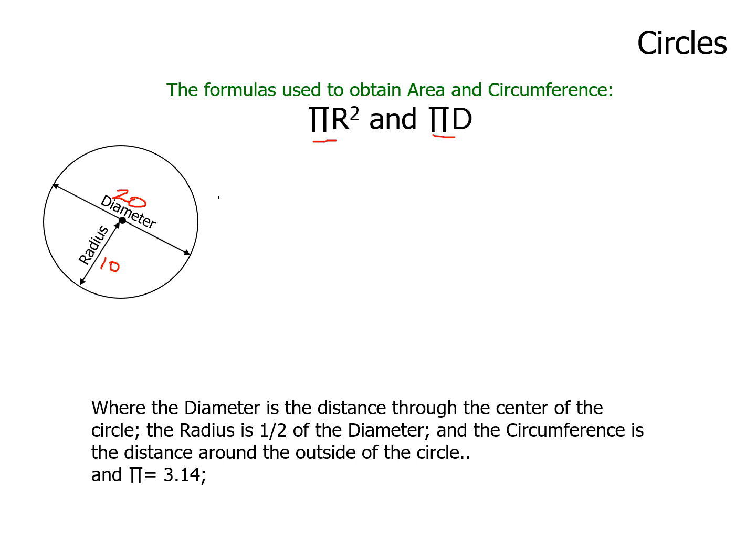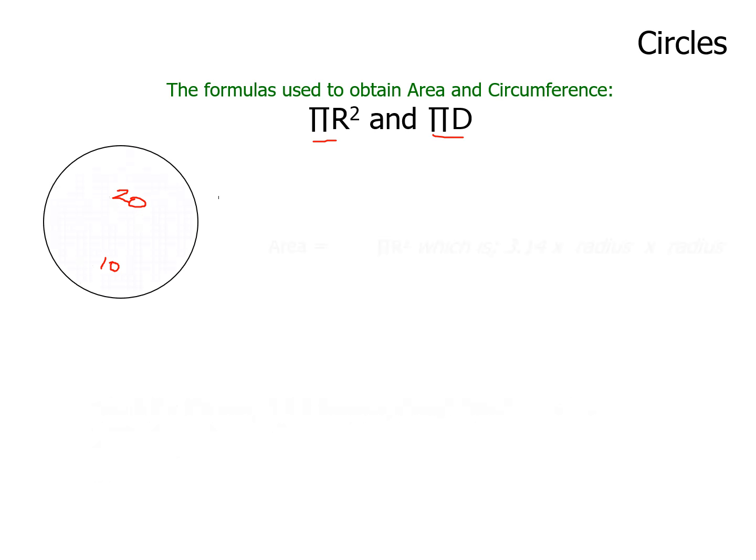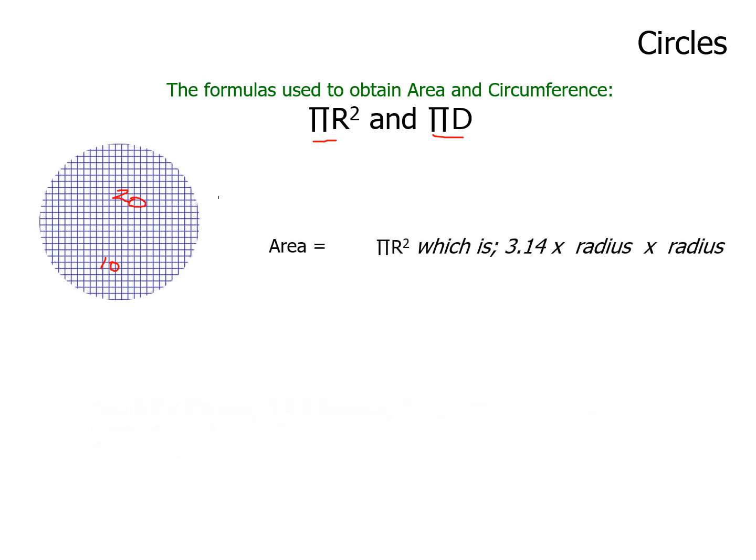Now, this one is pi d. Pi times its diameter is going to give me that outside circumference, the outside perimeter of the pipe, the length of the floorboards around your slab. What's that dimension? It's pi times its diameter, so 3.14 times 20. So pi d and pi r squared are the only ones we deal with. Pi r squared is going to give us the area of a circular shape.